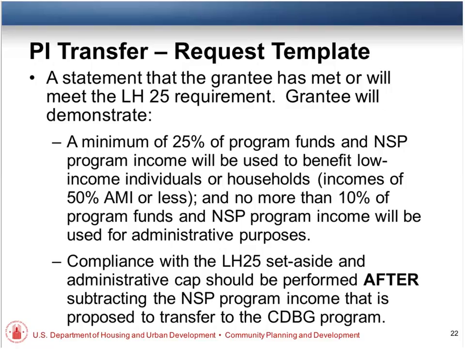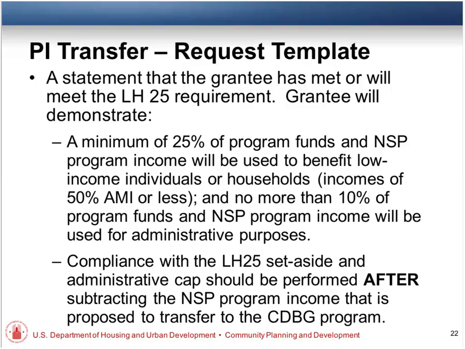Right. There's one other category of funds that won't be subject to transfer, and that is NSP program income that's been obligated. So you may have some projects underway. Those are considered part of your program that stays NSP, and they'll be measured. You'll be measuring those for the 25% set aside too. But this is what we talked about earlier: these funds become CDBG funds. They don't have to carry the NSP requirements and the CDBG requirements. Once you take them out of NSP, then they just meet CDBG requirements.